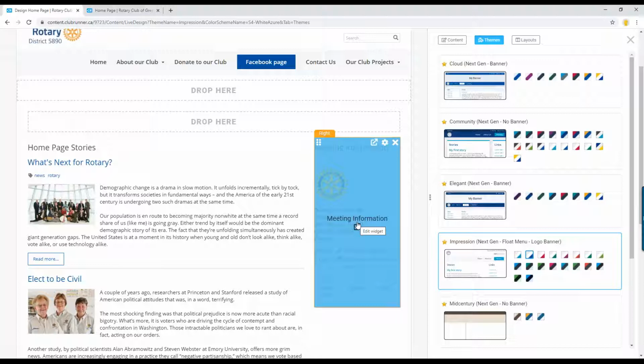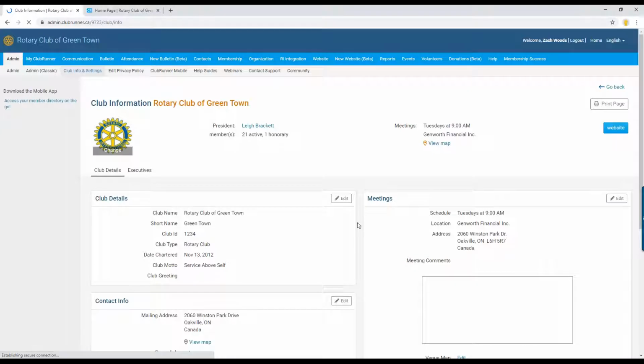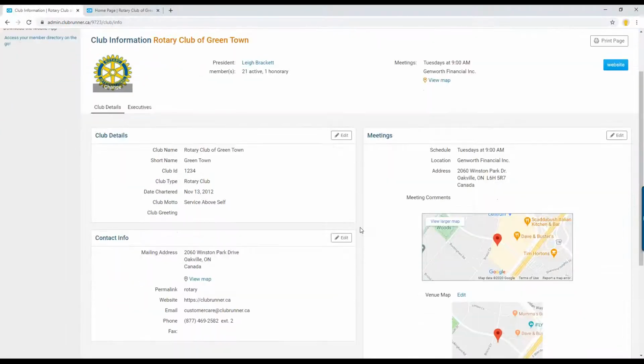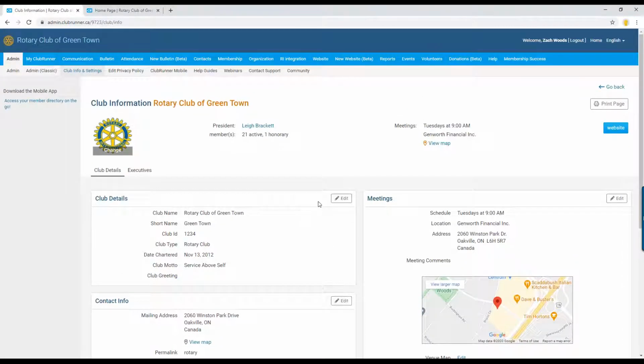This is what I refer to as an automatic widget. It automatically pulls information from other parts of the system to just display it on the home page. So even though I am a website administrator, if our club secretary or president, even if they aren't an administrator, goes and updates the information, it will still update the website. So here we're on our club information page, and if this club was integrated with Rotary International, a lot of the changes we would be making here would also go up to Rotary, but that's not the point of this webinar today. So let's go ahead and get this menu logo changed, and I know that window is going to pop up